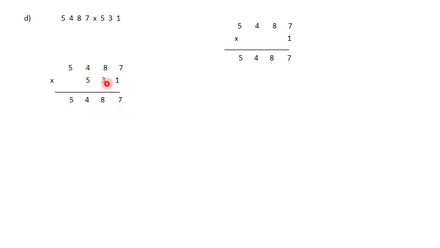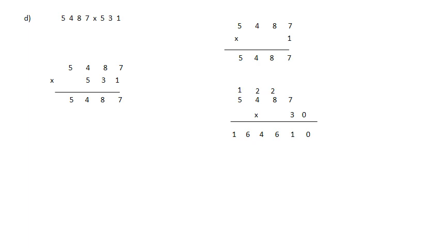Now what we are going to do, we are going to multiply by 3 and 0. This is 30. How we read this? This is like 500, 30 and 1. So what we have done, we have multiplied by 1. Now this is 30. So we are going to multiply by 30 here, like this way. We got this answer. This is carry forward here, that we will write down here.